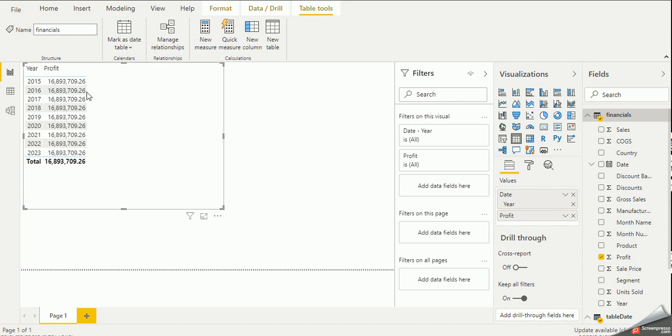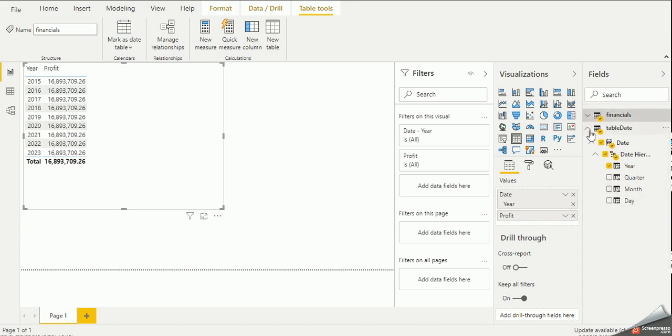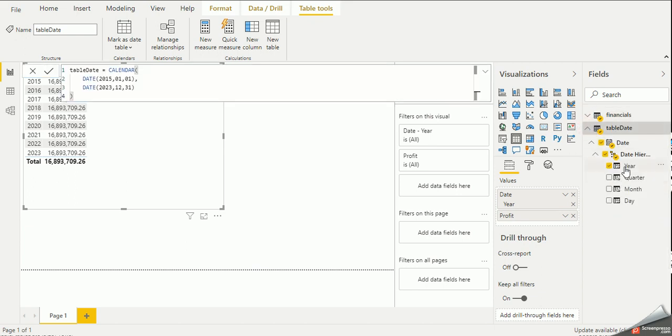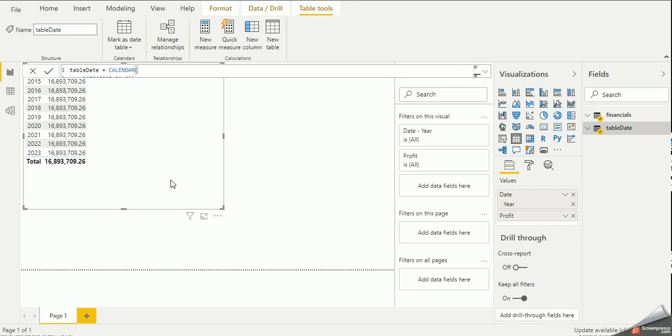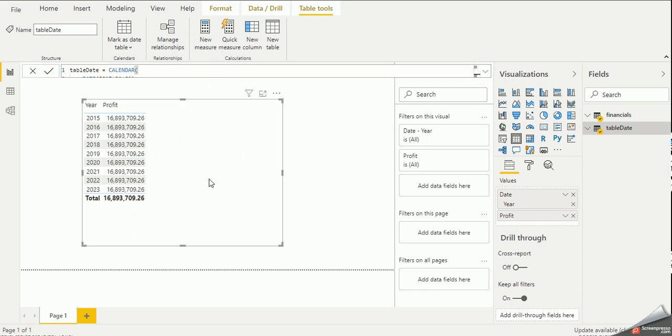So you can see that I bring the profit from one table and the year from the other table, but it is showing me the same sum value for each year.